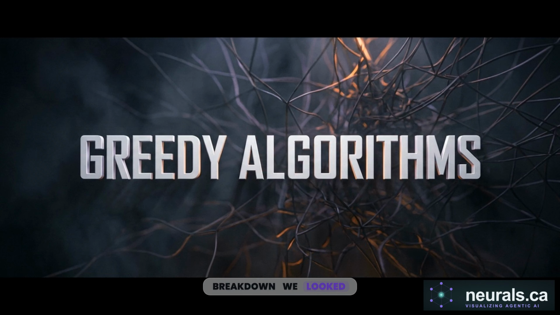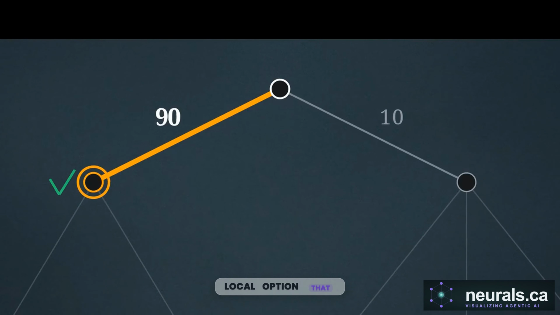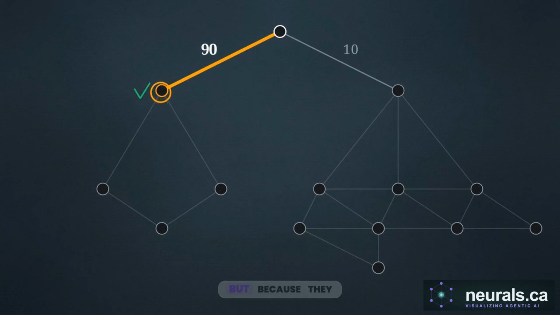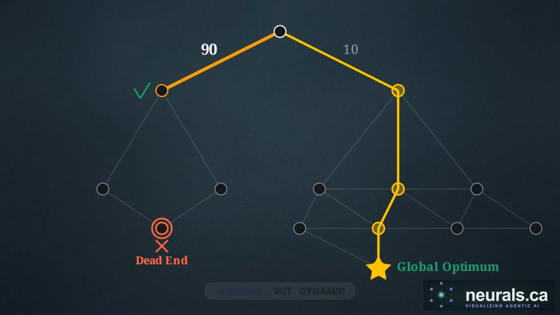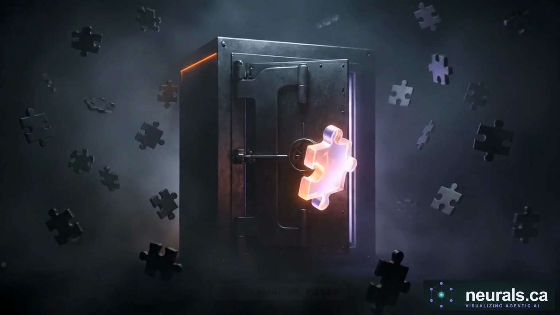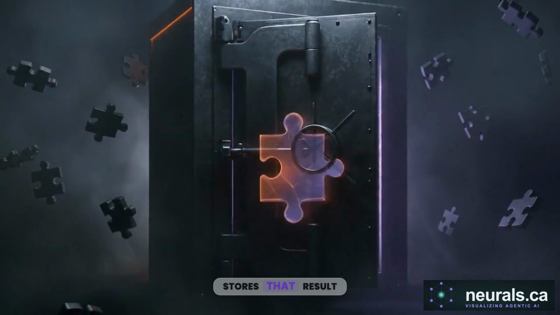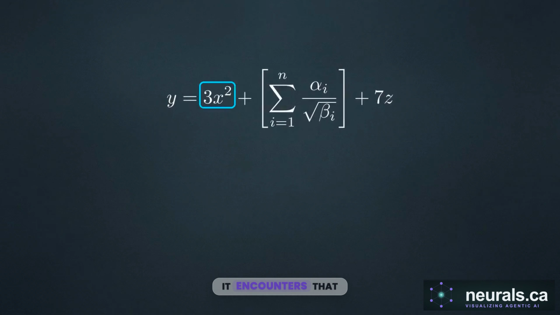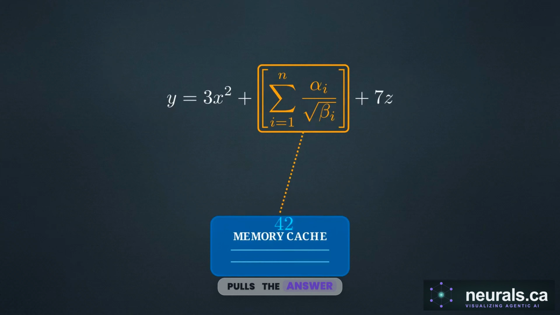In the previous breakdown, we looked at how greedy algorithms operate. They blindly commit to the best immediate local option. That saves processing time, but because they never look ahead, they risk missing the optimal global solution. But dynamic programming takes the exact opposite approach. When it breaks a problem down into smaller pieces and finds an answer, it permanently stores that result. The next time it encounters that exact same smaller problem, it skips the math and pulls the answer directly from